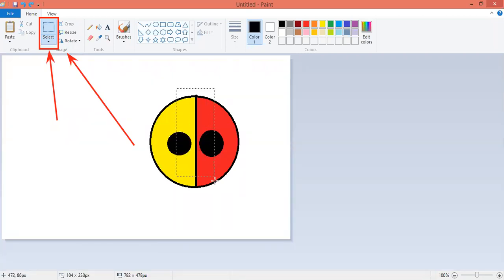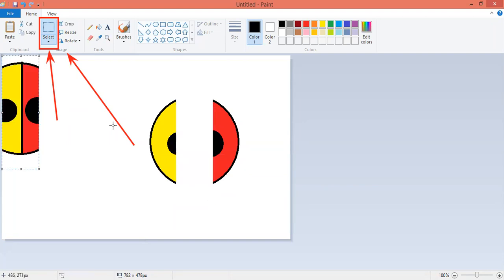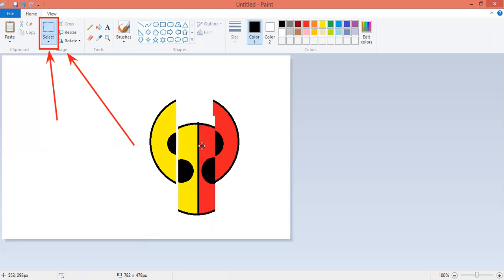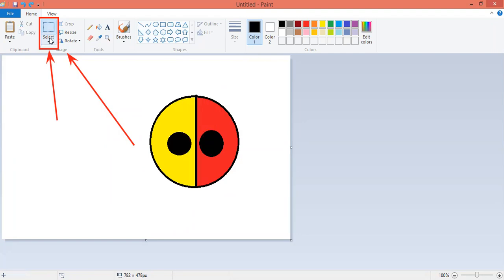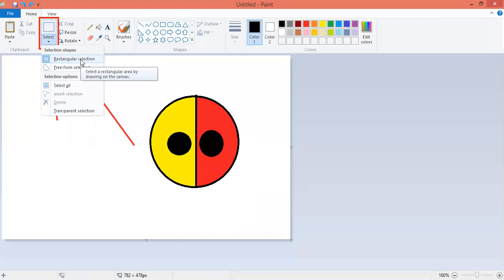Again, see it. We are going to see this one now. Again, I cut it and then I paste it. So in this way, the data can be cut only in the form of a rectangular shape. The first option is all about the rectangular shape. So it's a selection done in the shape of a rectangle.